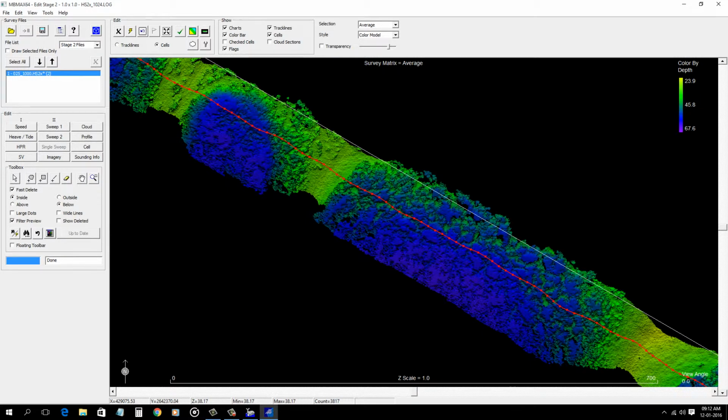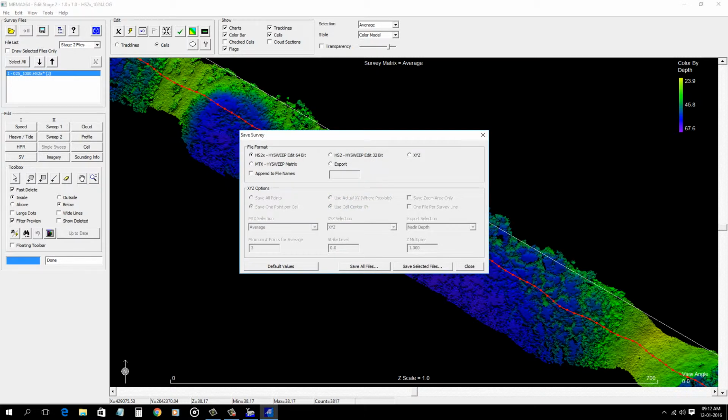Okay. Now you are going to save this data. Save as xyz. Save 1 point per cell. Don't forget to click this option, save 1 point per cell, and use cell center or use actual xy, anything, it doesn't matter.